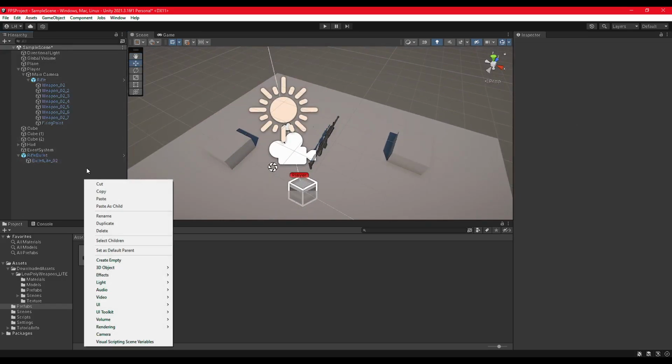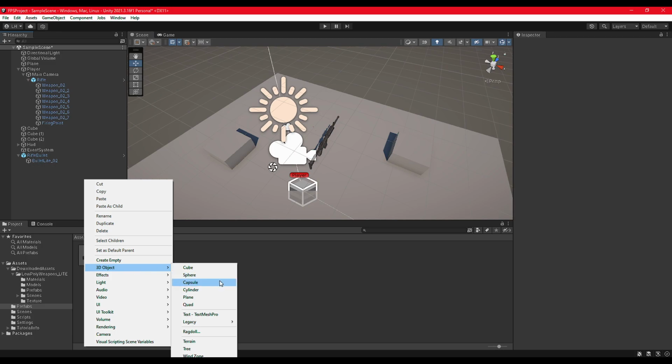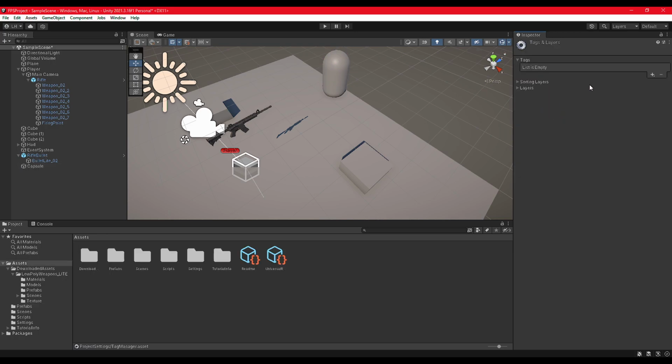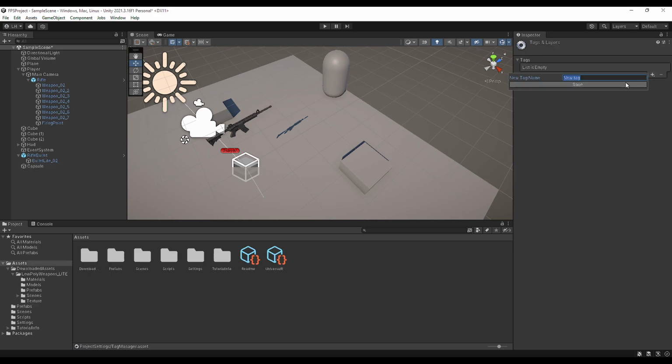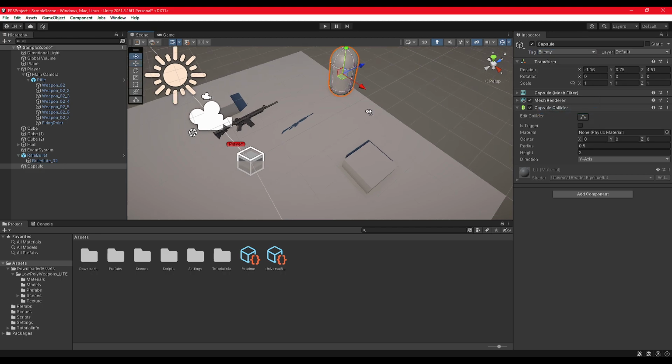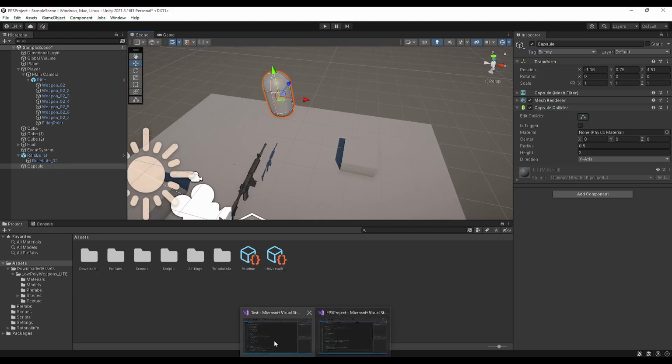One other thing we're going to want to do is probably add an enemy, I imagine. So I'm going to add a capsule to the scene. I'm going to drag it up here. And then I'm going to go up here to the upper right, under tag, add a tag, click this plus button, call it enemy, click save, reselect the capsule, go back under tag, and just select enemy. And that'll add the enemy tag. The reason for that is because in